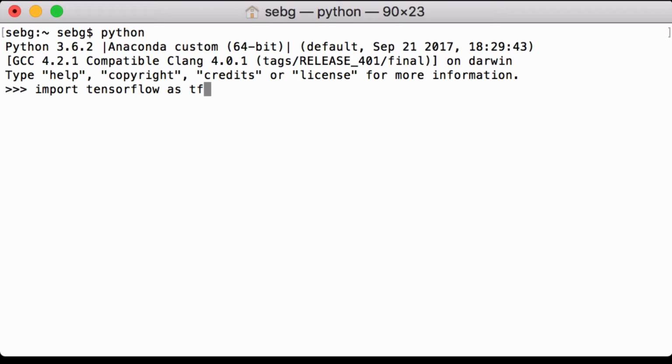We import TensorFlow as TF. Then we print out the version of TensorFlow we are using. We are using TensorFlow 1.0.1. In this video, we're going to use the TensorFlow Constant Initializer operation to do a simple TensorFlow variable creation such